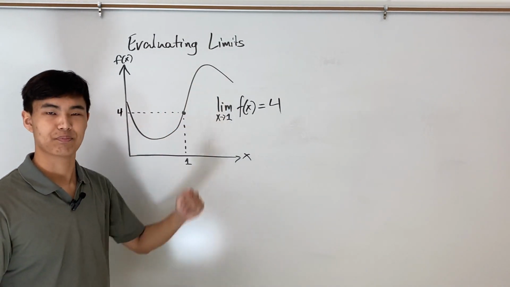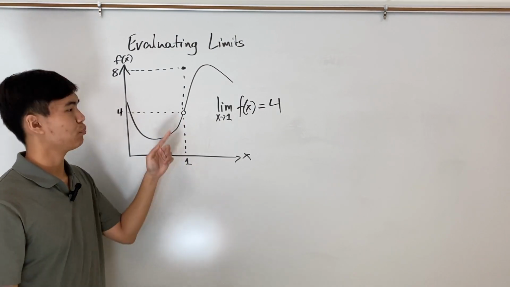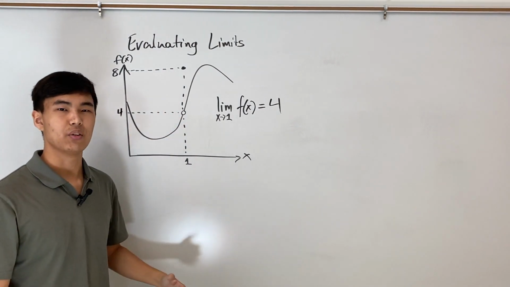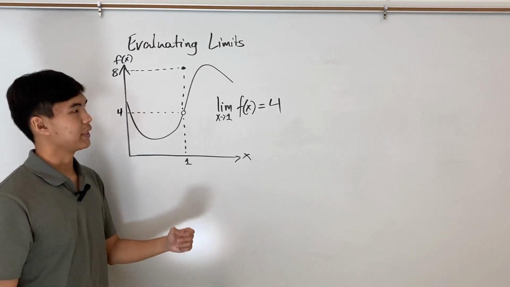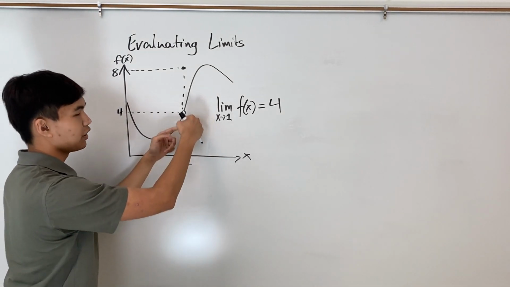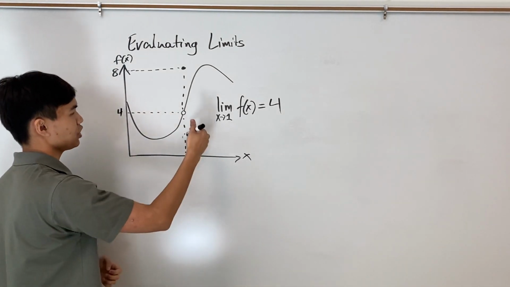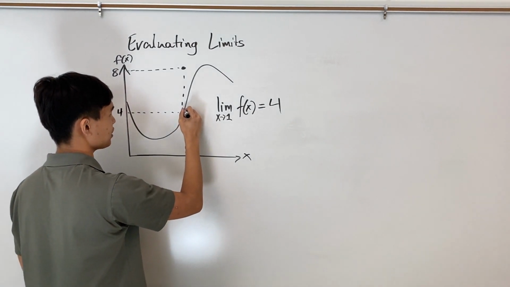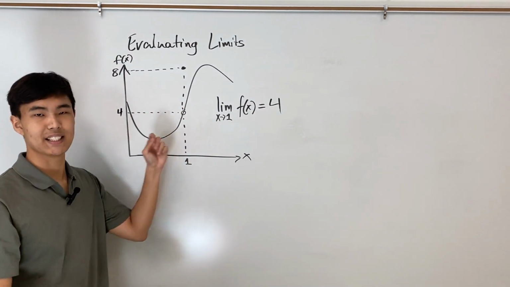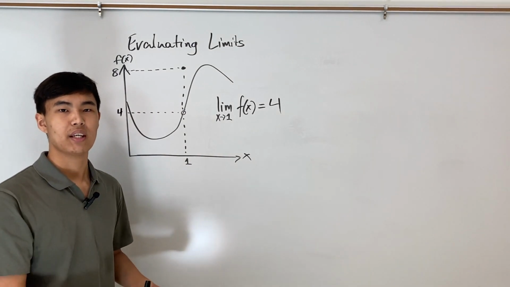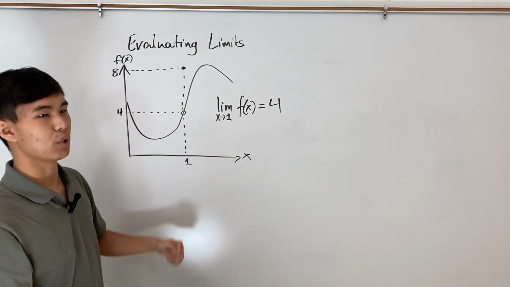value, which is 4. But imagine you had this graph instead, where the point just jumped up to y equals 8. So is the limit 8 now? No, because you're approaching 1. You're not getting to 1. So as far as you know, this curve still continues like this, and the limit here is still 4 because that's what you're approaching. Now the actual value of it is 8, but we don't care about that for the